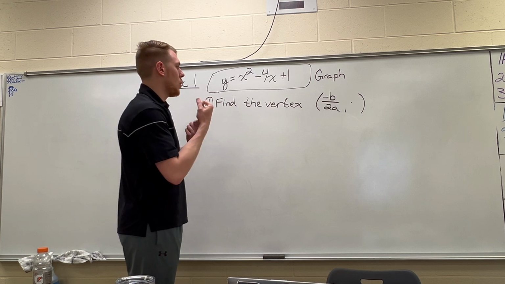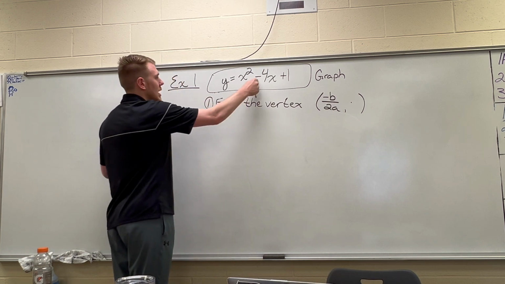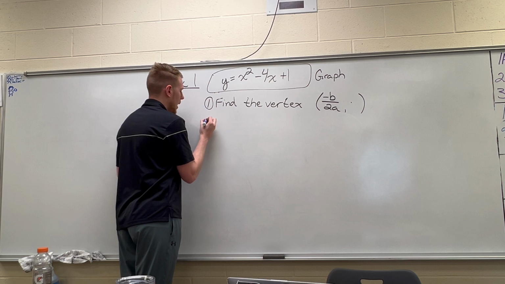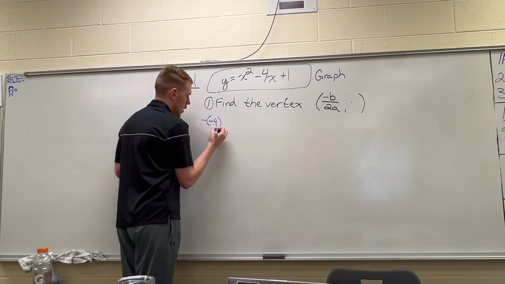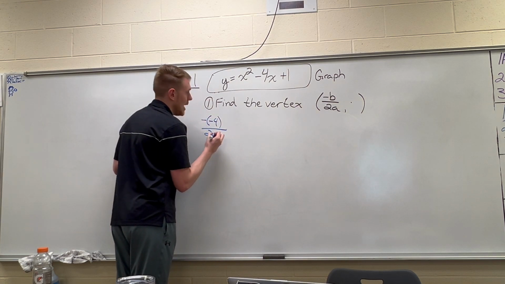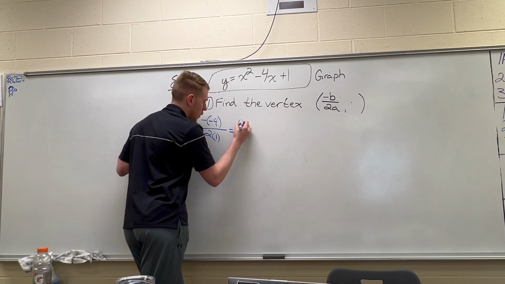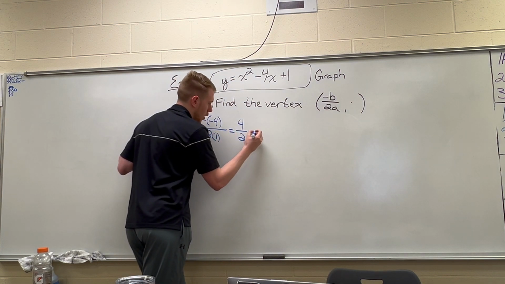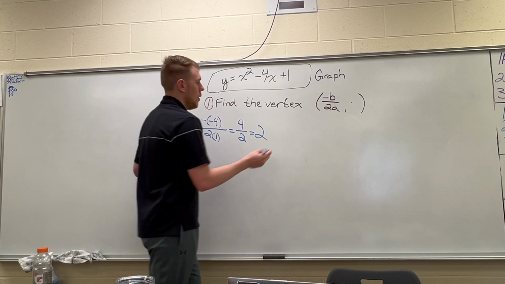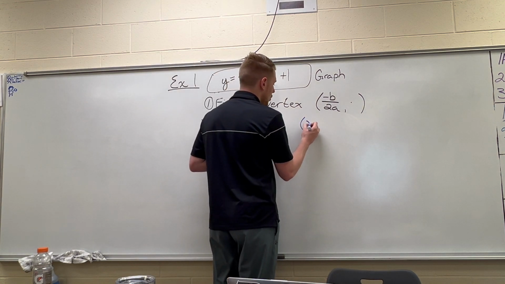Vertex, how to get the x coordinate? Negative b. My negative b is negative 4. So this becomes negative 4 over 2 times a, which is 1. This is going to give me 4 over 2, or 2. So my coordinate becomes 2,